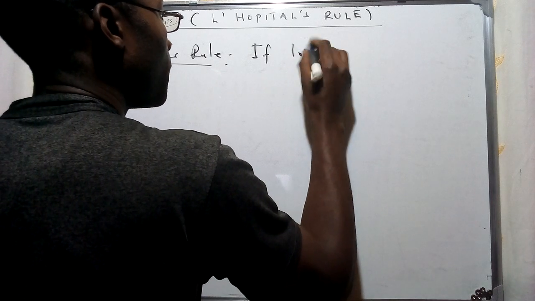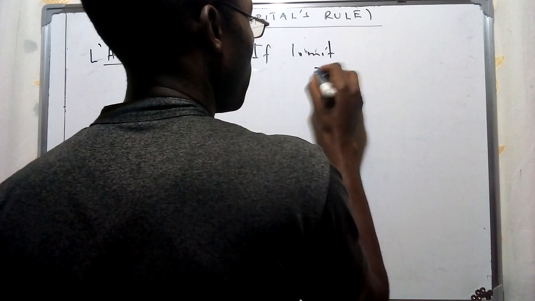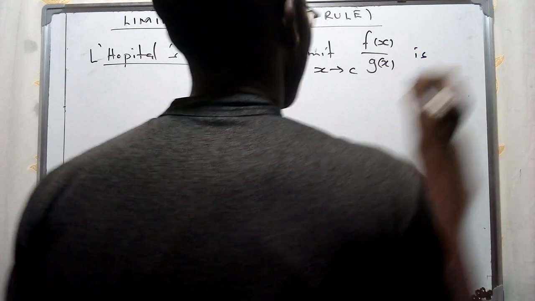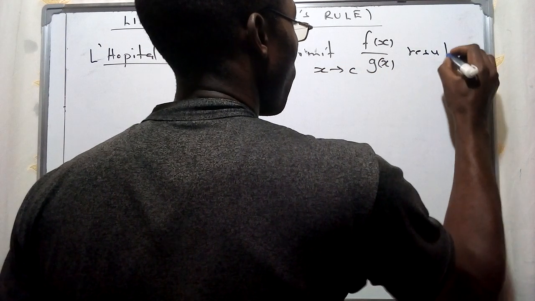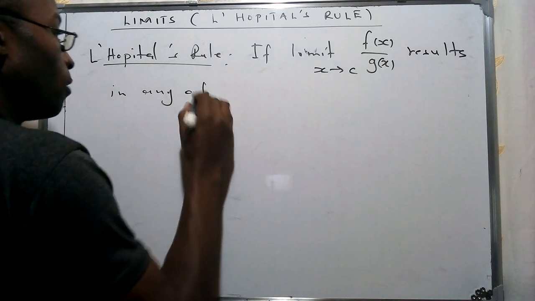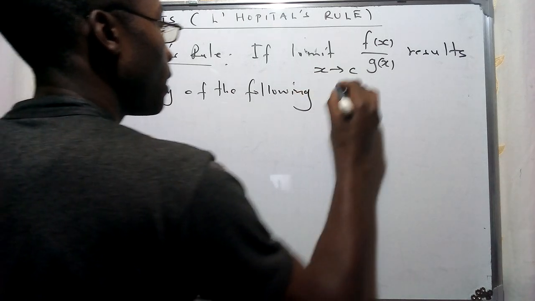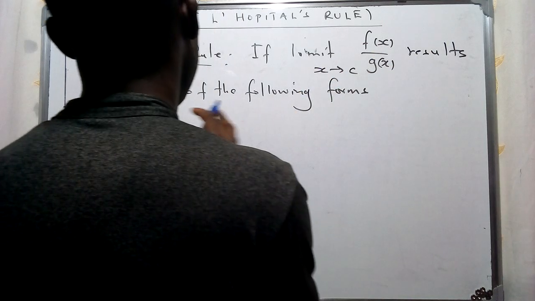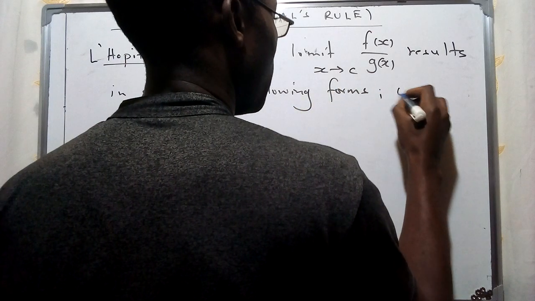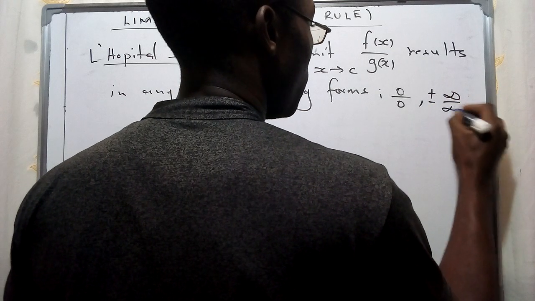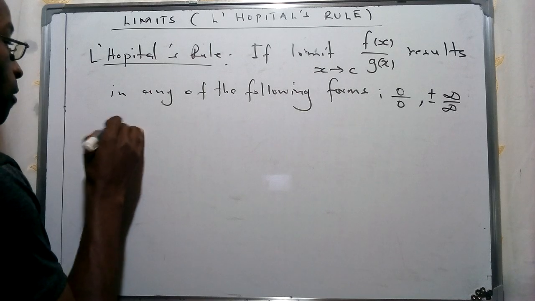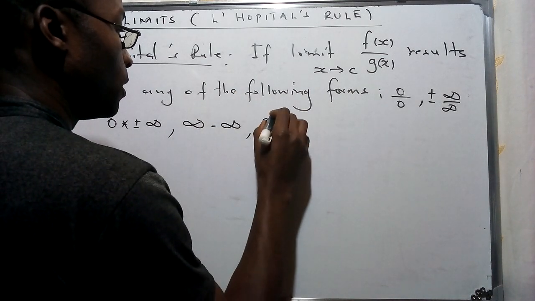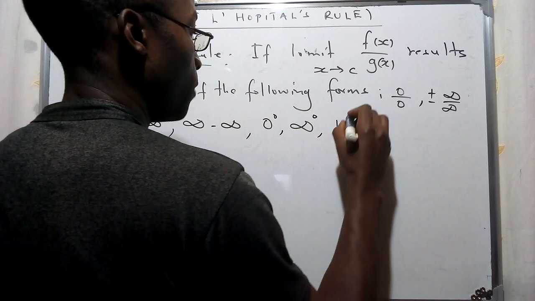So if the limit of an equation as x tends to c of a function f(x) over g(x) results in any of the following forms, whereby we're going to have either 0 over 0, or positive or negative infinity over infinity, or a form of 0 times positive or negative infinity, or a form of infinity minus infinity, or a form of 0 raised to 0, or infinity raised to 0, or a form of 1 raised to infinity,